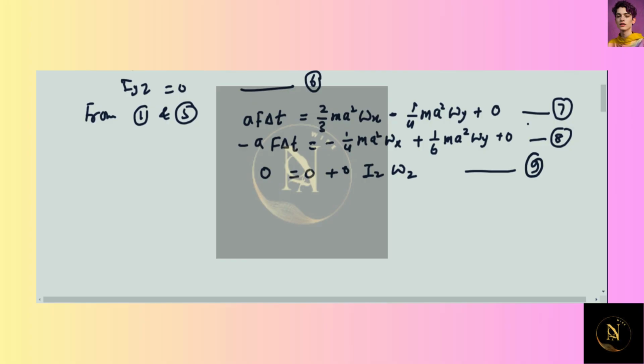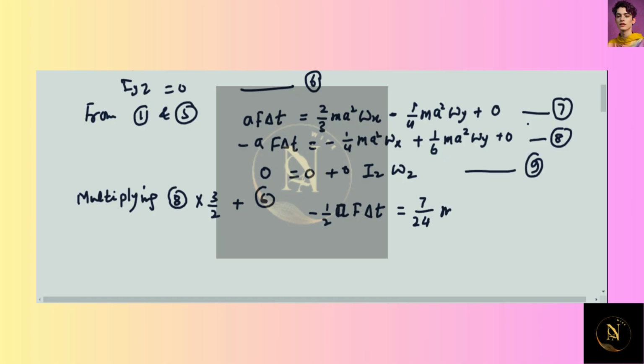Multiplying equation 8 by 3 by 2 and adding to 6, we will get minus half aF delta T is equal to 7 by 24 ma square omega x. So from here omega x is equal to